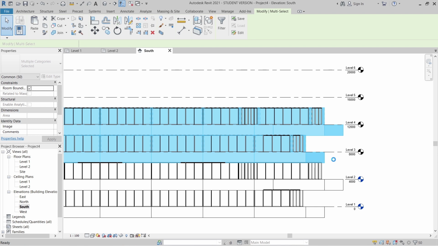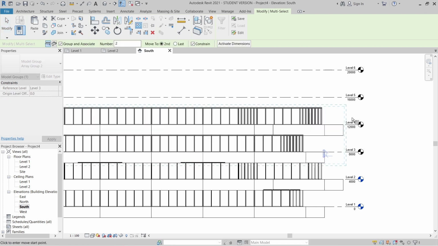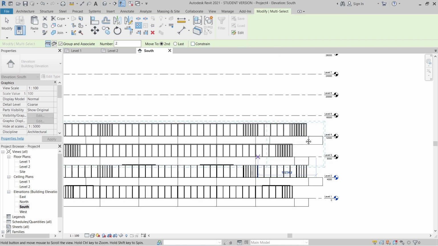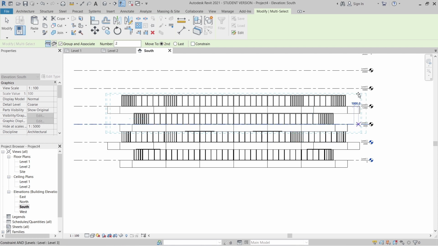AR for array. Okay, we could not array that for some reason.